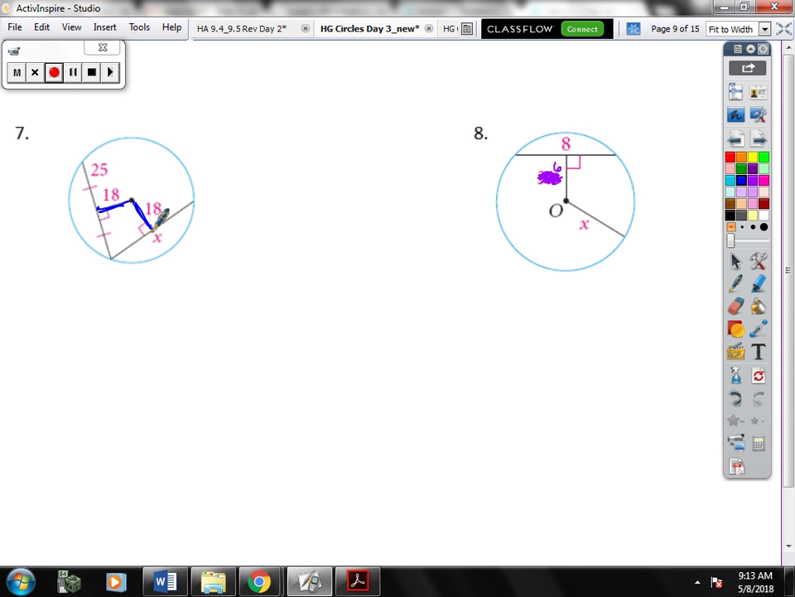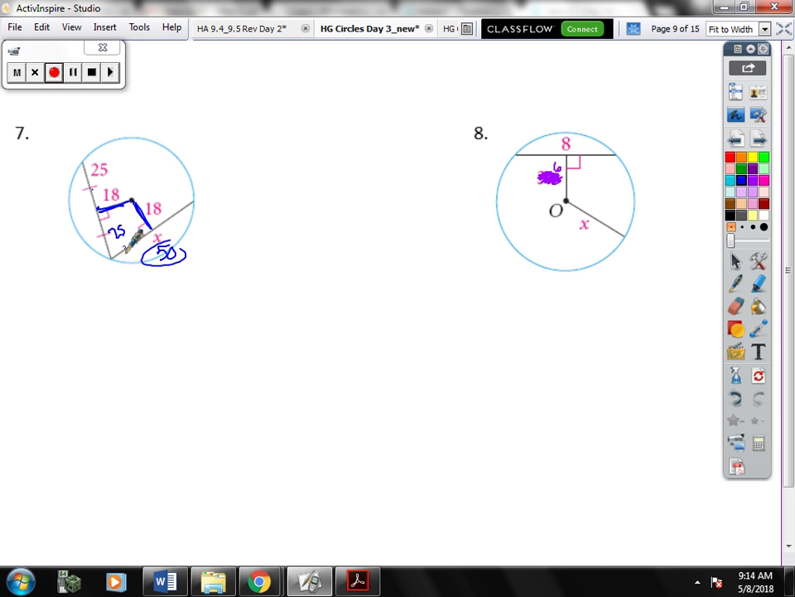Kale? 25. Did you say 25? Yeah. 25 is only half of the chord. So that's 50. Yep. Since they give you this little piece and they tell you these are congruent, then you can double it, add them together. All right, now this problem